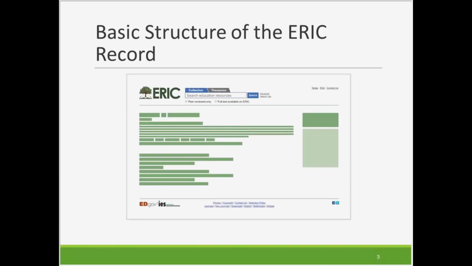Bibliographic records are the foundation of ERIC. Information in each record supports search and retrieval and helps you see if the content you found is a good match for your work. This graphic shows the basic structure of an ERIC record. There are 3 sets of fields arranged at the top left, top right, and lower portion of the record. The fields describe the content, help you retrieve and select material, and provide links to external resources for additional information. Understanding how the fields support your research can enhance your experience with ERIC.